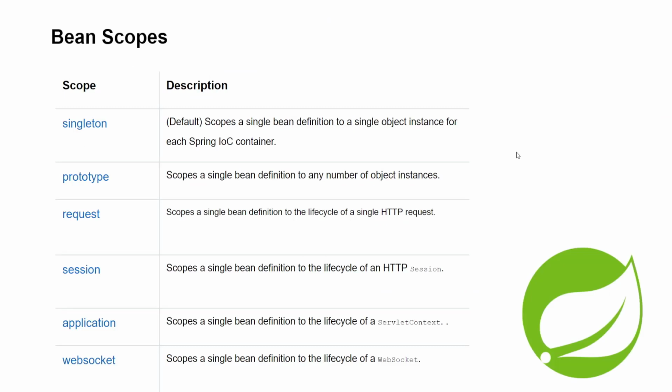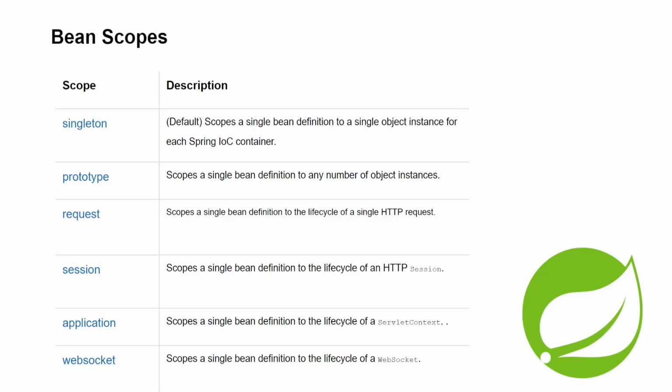The next topic that we are going to discuss is bean scope. Scope is an important property to define in the bean definition. If we do not define the scope, then the default singleton will be used by the Spring IOC container. Basically, when we define the bean definition, we define a recipe for how this object will be initialized by the Spring IOC container. So in the scope, if we define the prototype, the Spring container will initialize a new object every time we request it from the IOC container.